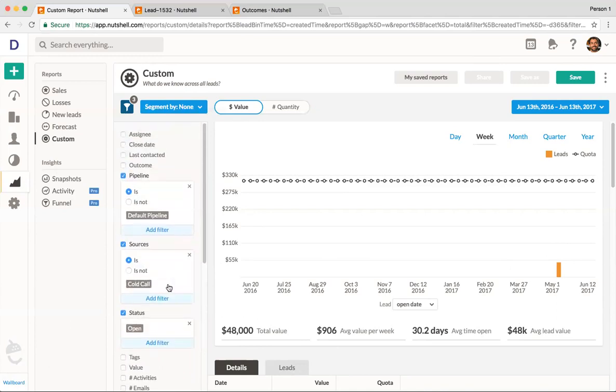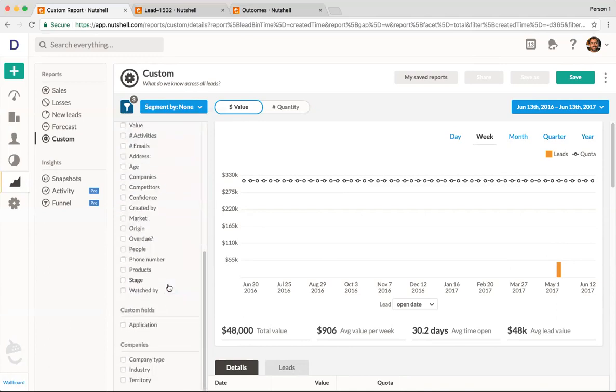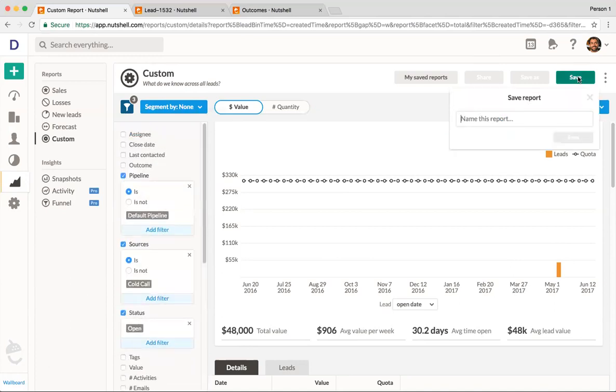So you can see how in depth and how specific you can get with your filtering. You can even include, again, your custom fields or company types, industry and territory. And these are the reports that I find people like to save probably most often. These are the ones, since you can do so much with your filtering, that it's easy and it makes you